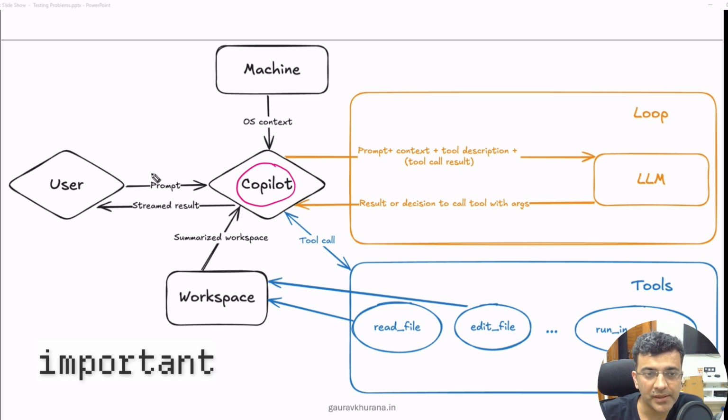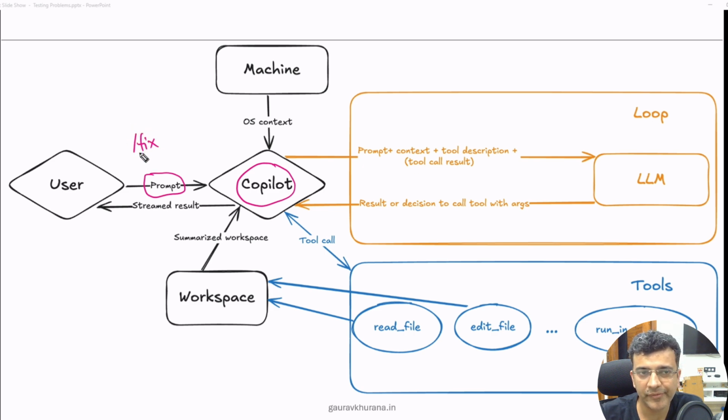Right, so the user either gives a prompt on the right side, and there are four different ways which I have explained in the previous video, or they can just give a command like fix to fix something, doc to generate documentation, and to generate any unit test cases, they can give test. So there are so many annotations, and you can even get your code reviewed by mentioning changes, that I have covered in the previous video.